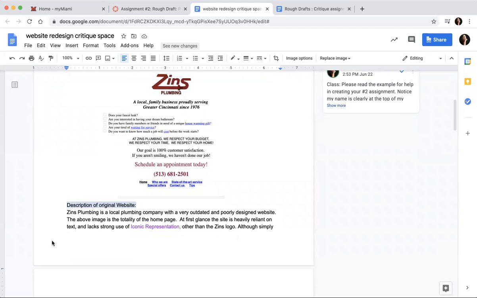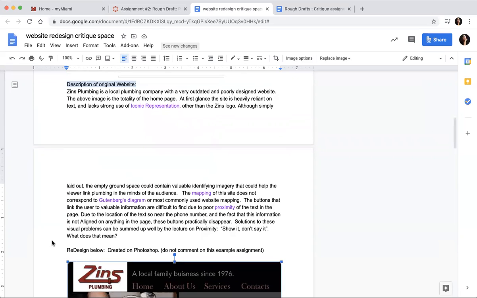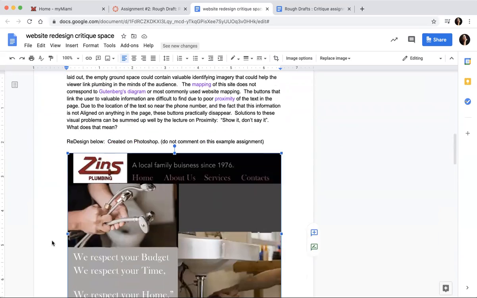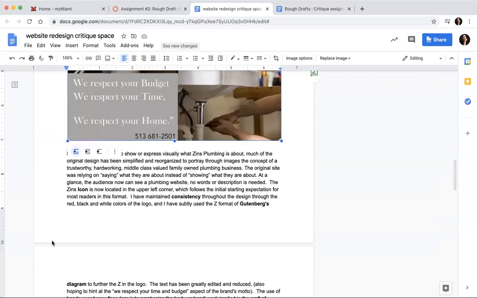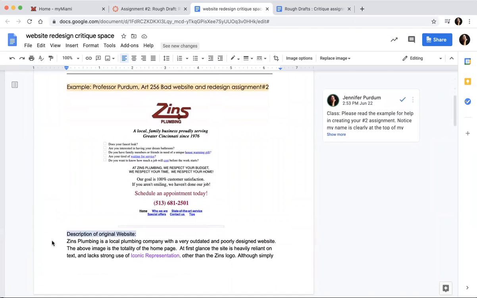So in this one, we'll be discussing iconic representation, mapping, Gutenberg's diagram, poor proximity, and we can also talk about horror vacui to some degree and a little bit of signal to noise. So with the introduction here, the description of the original website, I'm going to talk about their lack of iconic representation. There's a strong reliance on text over image